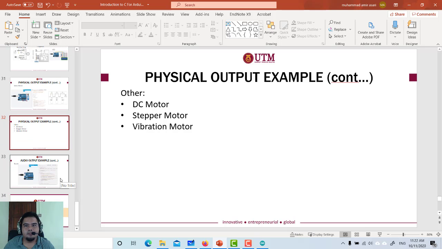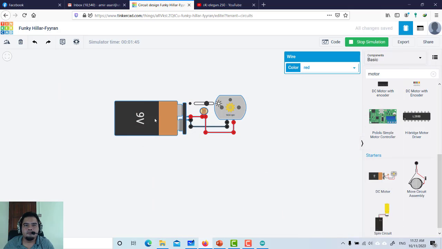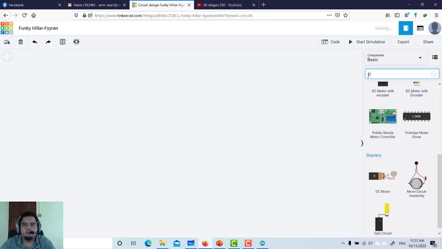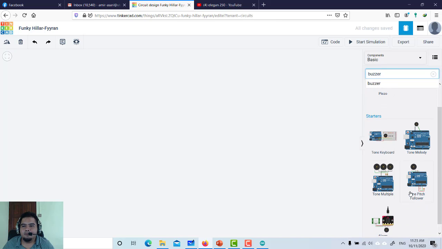I would like to continue our lecture with the last part, which is the example of audio output. Okay, in Tinkercad, one of the examples that you can see under this category, audio output, is your buzzer. Okay, so the buzzer just gives some sounds. So in Tinkercad, you just type buzzer, and then there are a lot of examples there, and that example actually